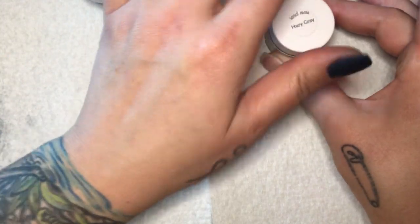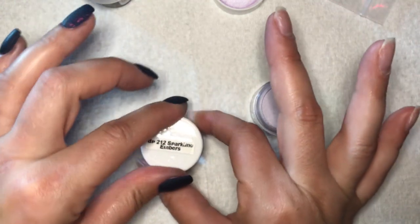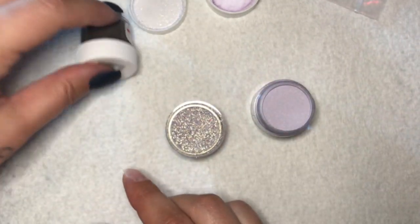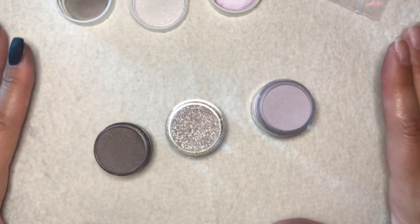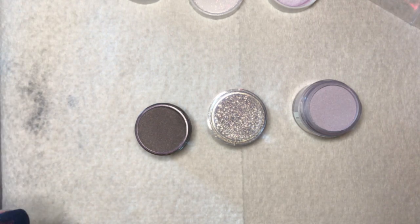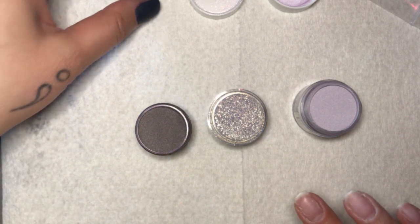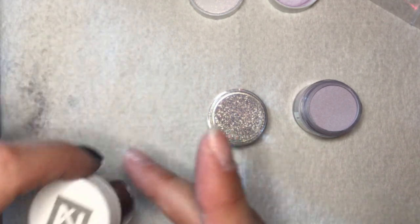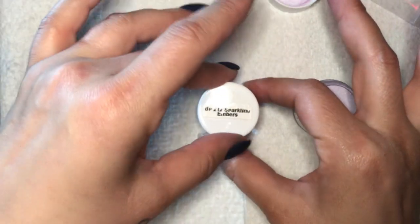Best liquids for color blocking and brush tapping glitters. I would say, I don't know what order to do these in, guys. Please help me. Help! I don't know what to do. Okay, well, I'm just gonna... Same thing Tori was talking about the other day when she was like, do you guys just have a go-to mani, like when you don't know what the fuck you're doing? Yes, I do, and I'm about to do it right now because I don't know what else to do. So, therefore,